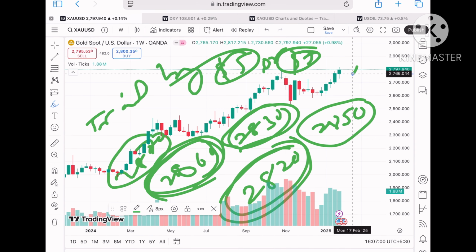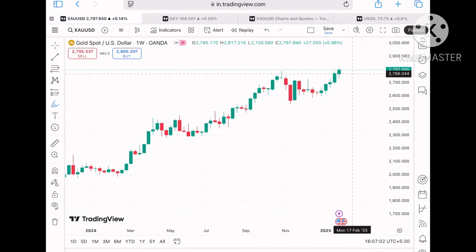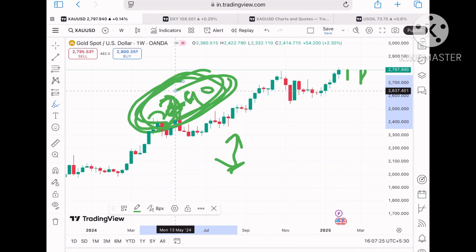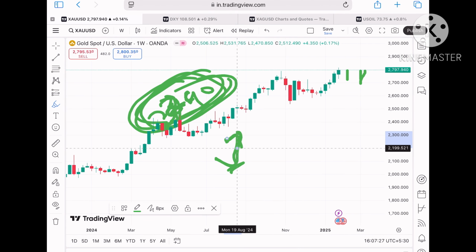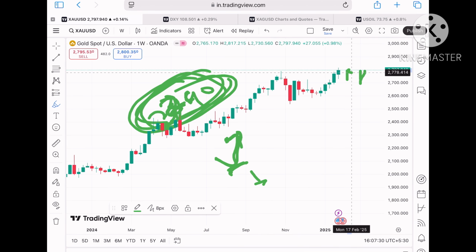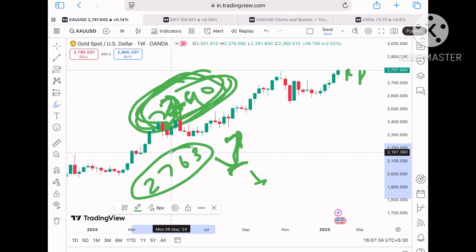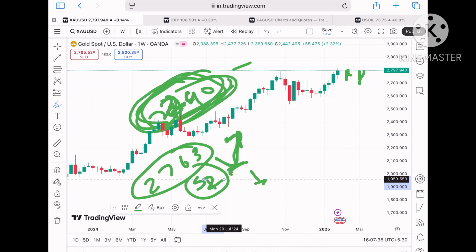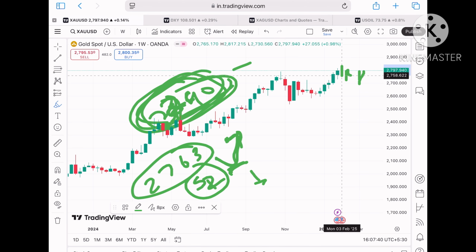But suppose the price doesn't sustain, it can come down again towards a level of around 2790, and we can see a bounce back can come. But if the price starts falling below that particular level, chances of going towards its next support at 2763 will be there. This is support 1. Okay, this is support 1, this is support 2, and if it starts falling below that particular level,